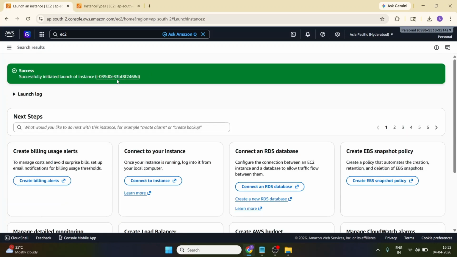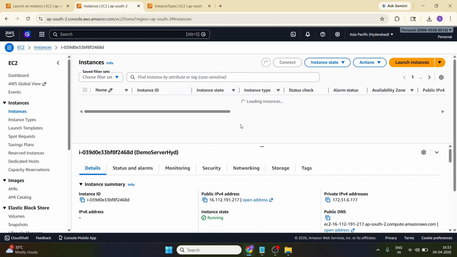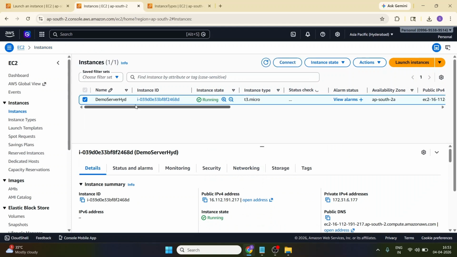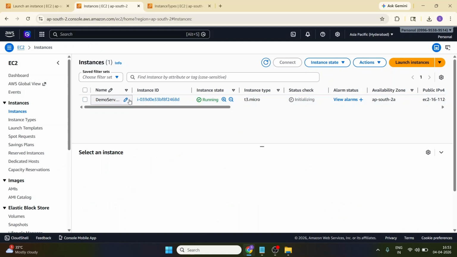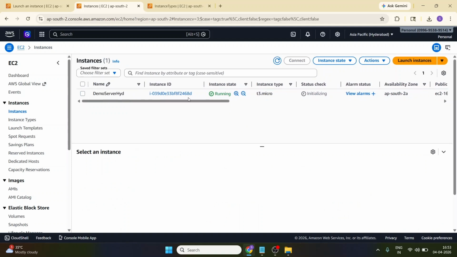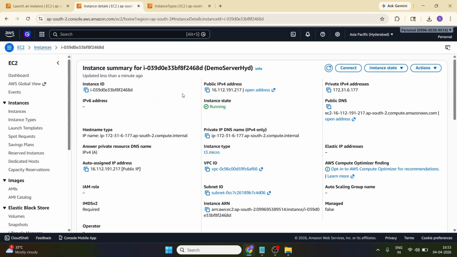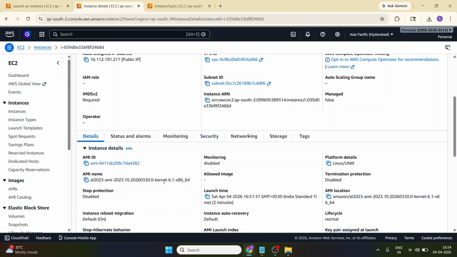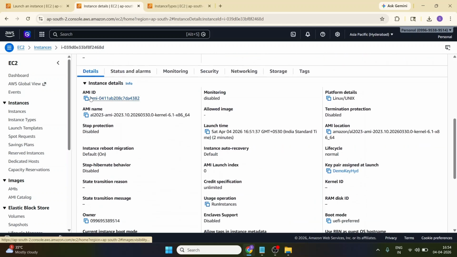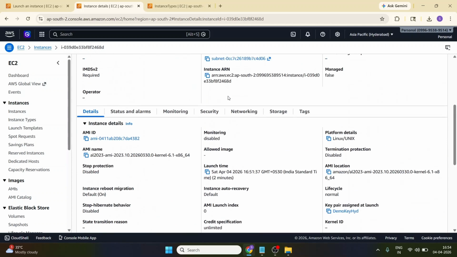Once launched, on the instances tab, you are able to see our instance listed here, which is demo server head. The status is initializing. When the status check is OK, then we are able to log into our EC2. Inside our instance ID, you can see the public IP address and the private IP address. In the details tab, you can see the AMI ID which we have used to launch our application,